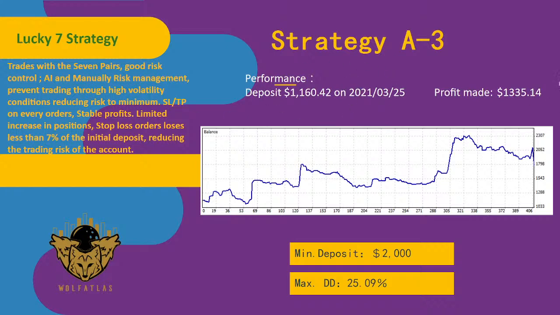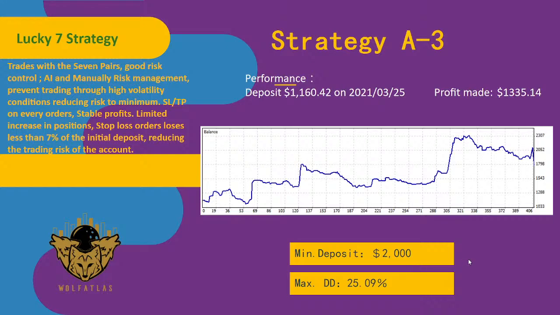Basically, the performance, how much money was made, withdrawals, and also if there's any minimum deposit and a maximum drawdown. Now, we have to focus on the maximum drawdown. What exactly does drawdown mean? I think this is something a lot of people get confused about. So what do you think drawdown means when people are reading this?